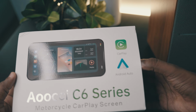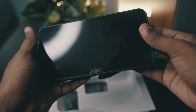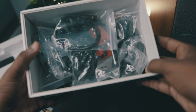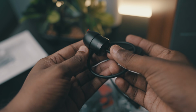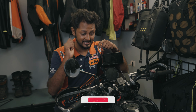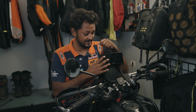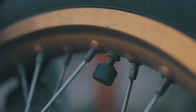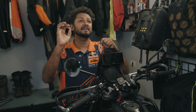Now, inside the box, you will get the unit itself, roughly the size of a standard mobile phone. All the cables already attached, a sunshade, TPMS sensors, front and rear dash cams, a remote, mounting hardware, and also cables to power the device. Right off the bat, immediately after unboxing the unit, I really was impressed by the quality of the unit itself and all of its mounts and all of the accessories, the wiring harness, the dash cams, the TPMS, and all of these things, where it all screams quality for a product that costs as much as this,